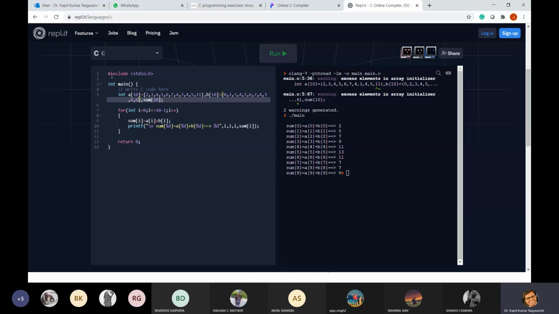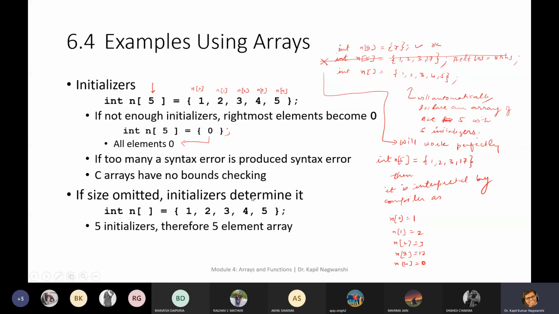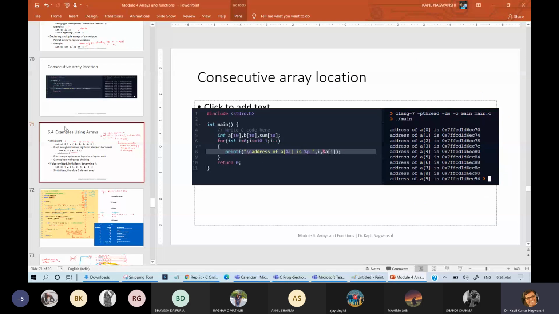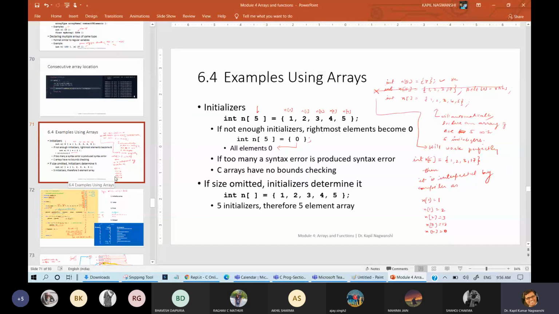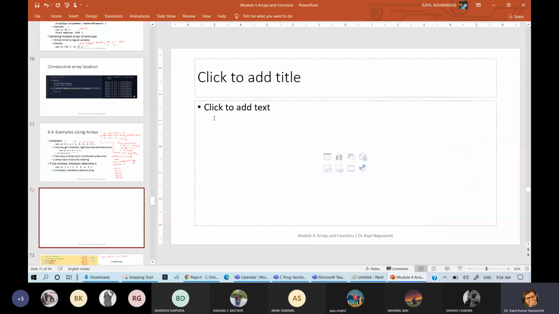So I am compiling the program and putting all these things together in the slide, because it was working in early days, and nowadays it is also working fine.